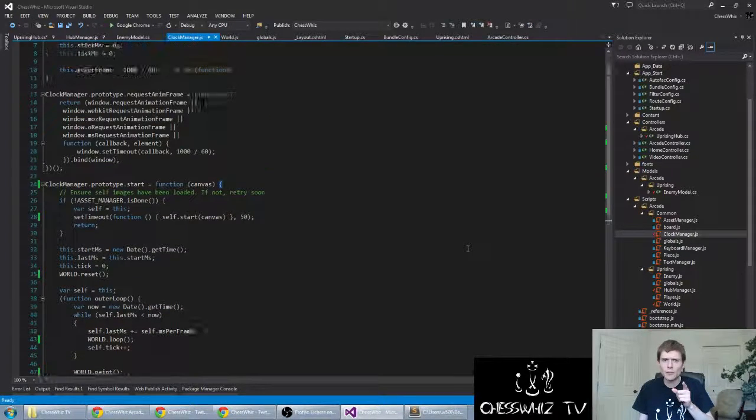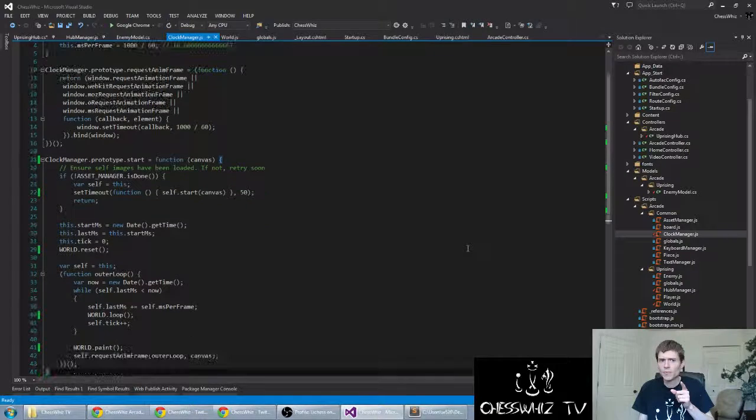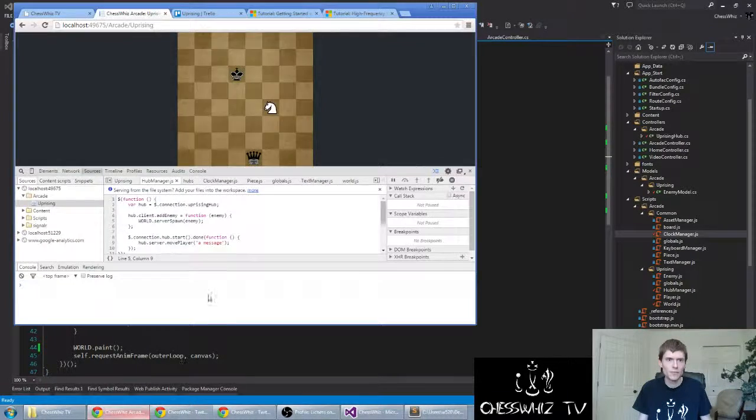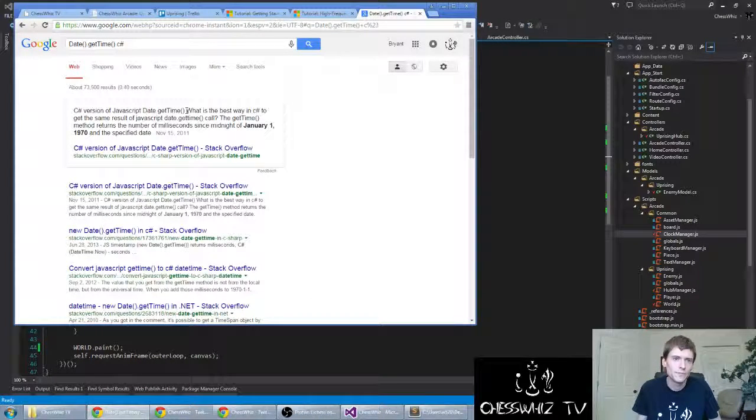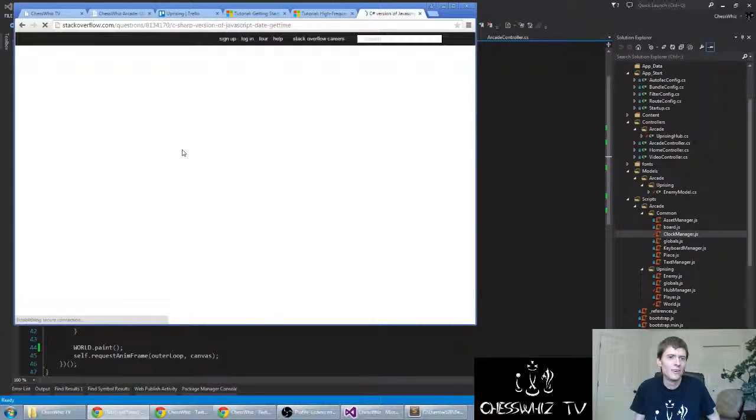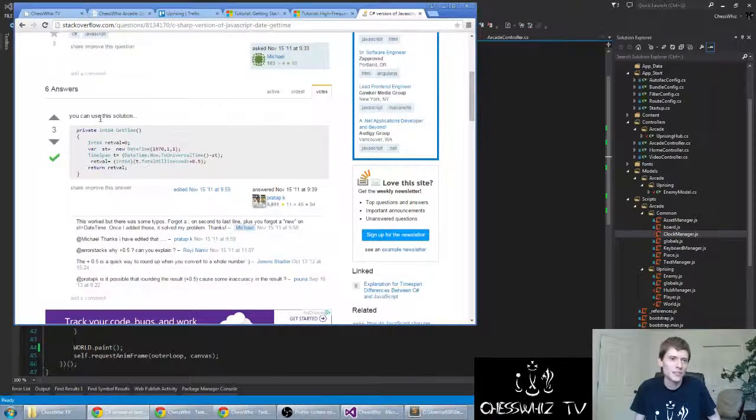Where's get the current time? I thought I was, yeah, here it is, new Date().getTime. So I want the equivalent of that in C#. See, this is what I want to know, because I want the times to be synchronized. Okay, the answer is